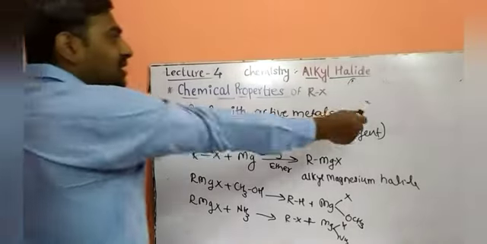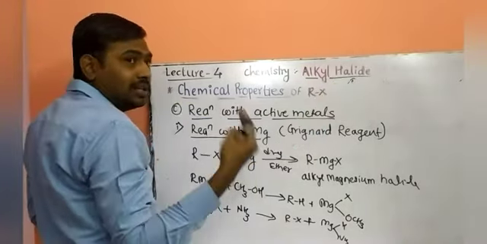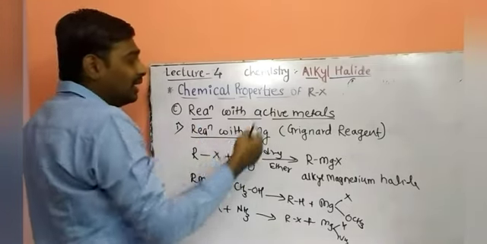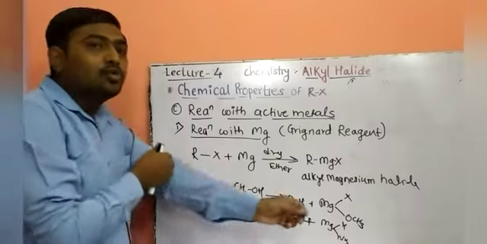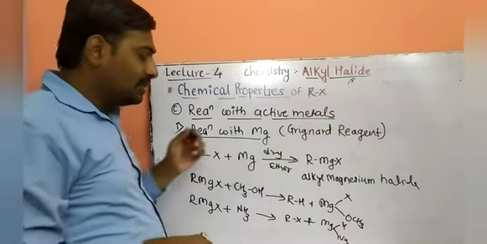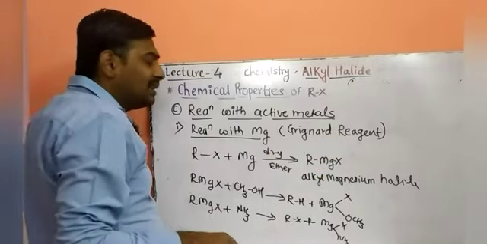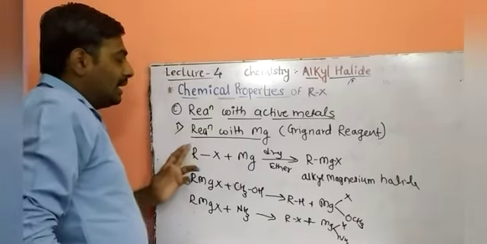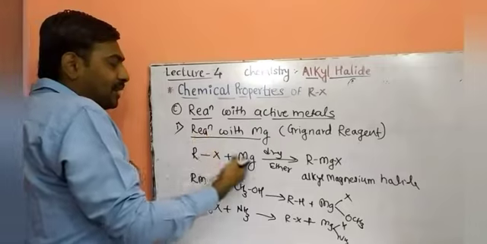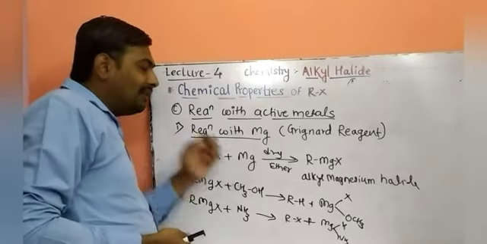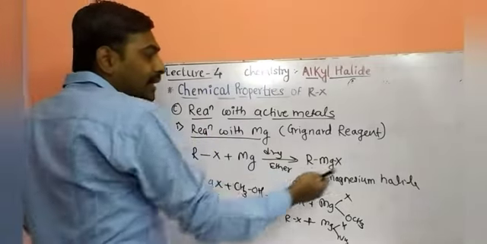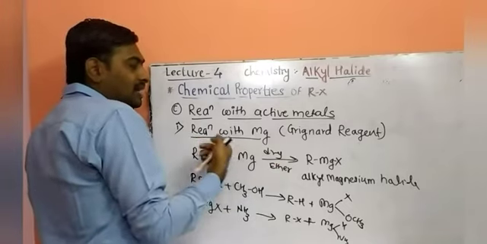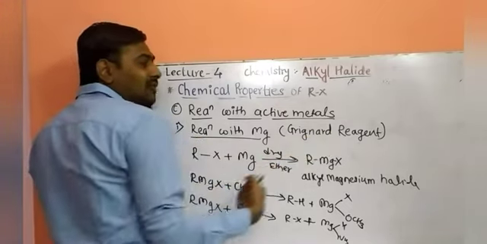Next, first nucleophilic substitution, second elimination type of reaction, third chemical reactivity of alkyl halide with the active metals. Sodium, potassium, magnesium, these are the active metals which can easily react with these molecules. So what are we getting? See, alkyl halide RX easily reacts with magnesium metal, which is divalent in nature, to form Grignard reagent. The first reaction is called reaction with magnesium, that is preparation of Grignard reagent.